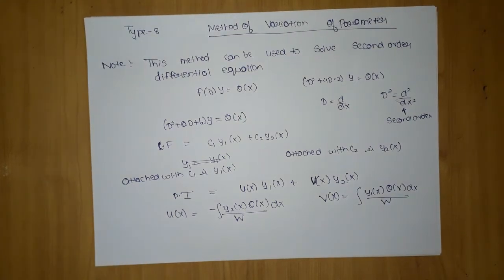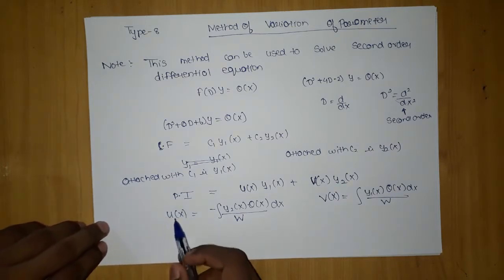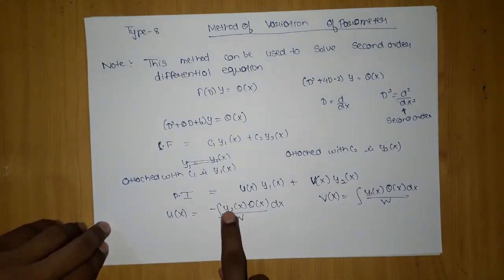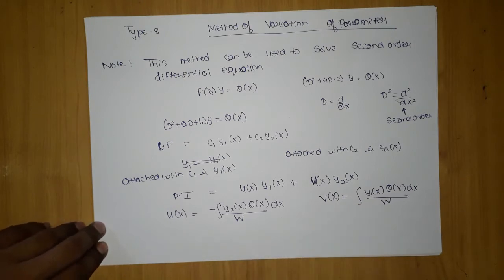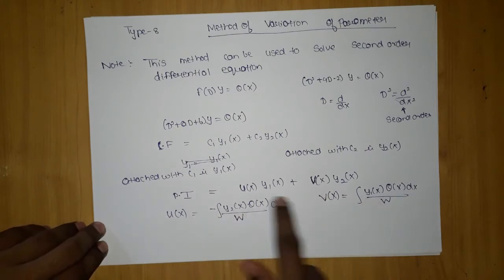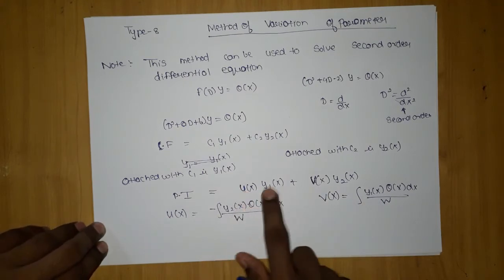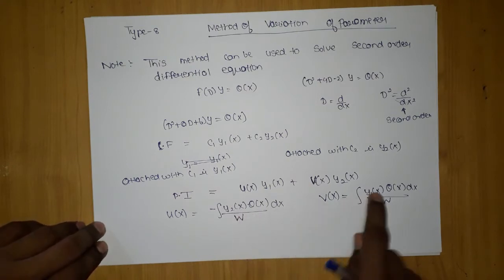Now how will you memorize this formula? The shortest trick: whatever comes first in alphabetical order will have the second one, y2. Here u comes first, then v, w, x, y, z, so u has y2, while v comes second, so it has y1. So vice versa is happening here. Whatever appears first in alphabetical order will have the last y2. So y2 will be with u and y1 will be with v. Y1 will be with v. Many students make mistakes in this.